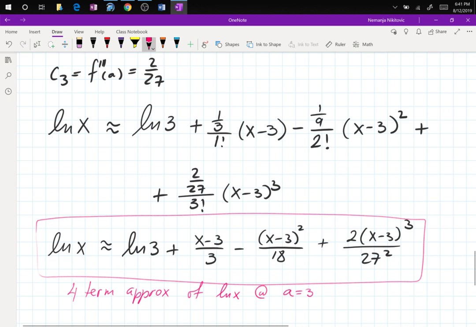You have ln x, which is a function, and now you type in all of the rest. ln 3 plus open parenthesis x minus 3 divided by 3, and then minus open parenthesis x minus 3 squared divided by 18, and without even typing the next term,